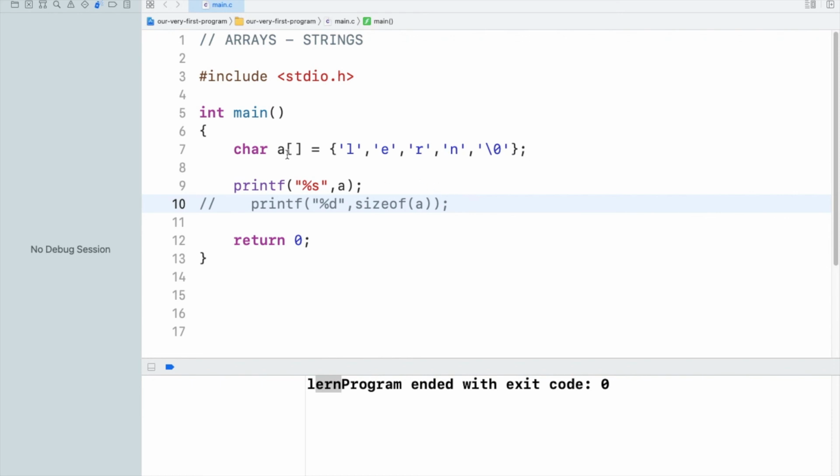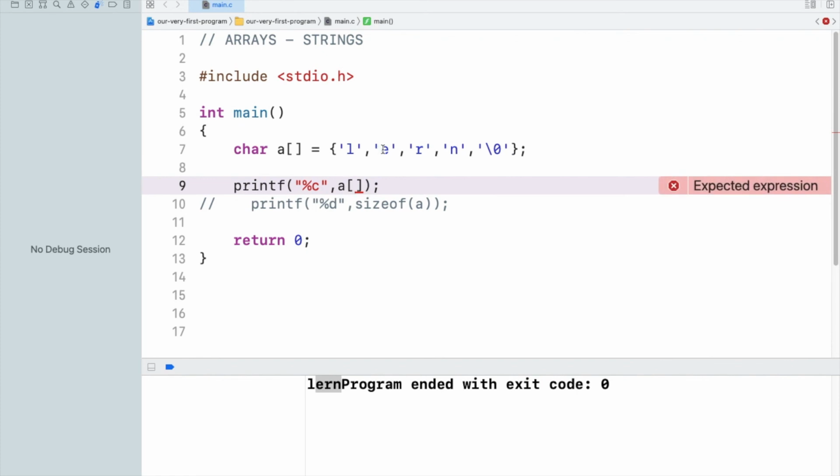You can even specify the size in here, 5 as a size, or you can even do this without specifying the size. Okay, and now we are going to access a particular character. For that, we need to use %c, and then we need to specify the index of the character we want.